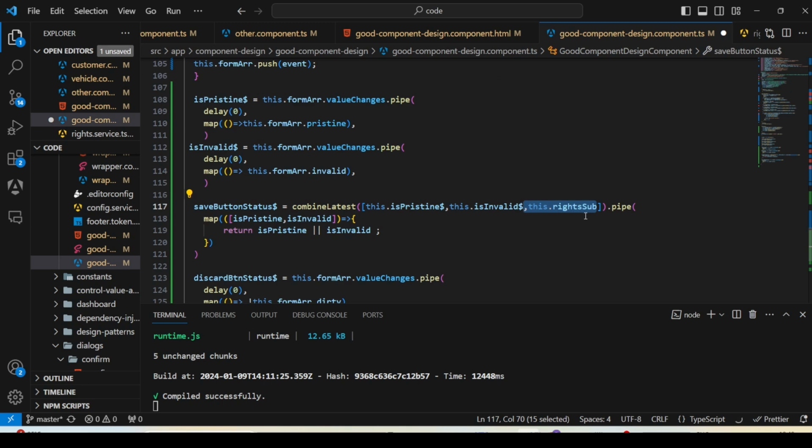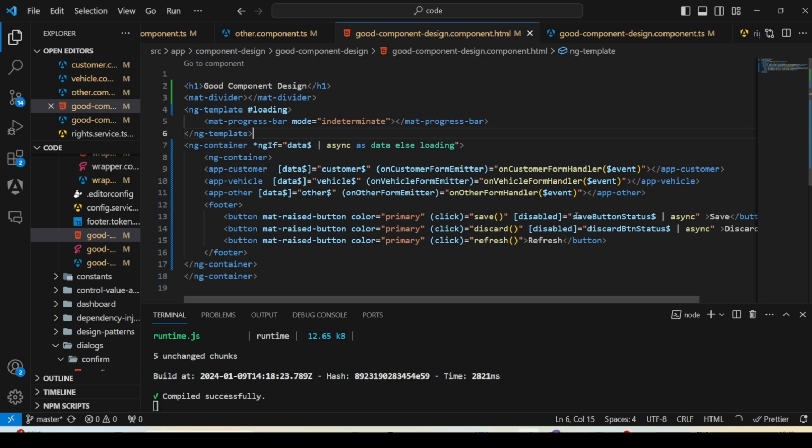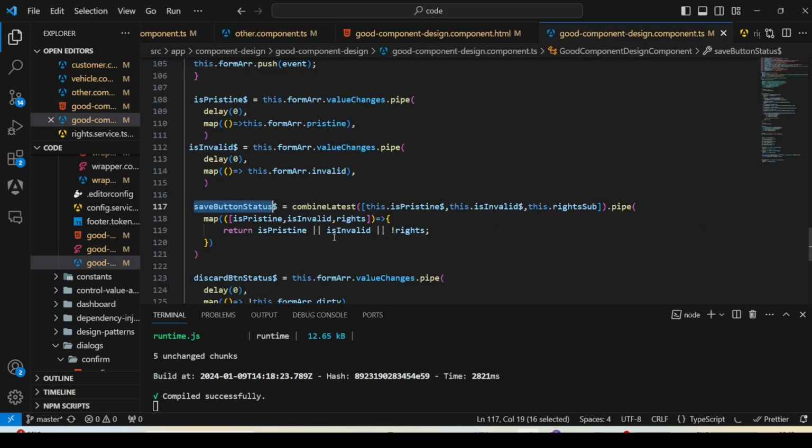and we will use this rights subject, which will act as an observable also in the save button's combine latest observable, and we will receive the rights, and we will use the condition, which is if user doesn't have right, then save button will be disabled. So this expression is handled here, and you can see we haven't touched anything here. So here we will keep one variable which is observable and not the variable, and we will manipulate internally this observable. So let's save and go to the